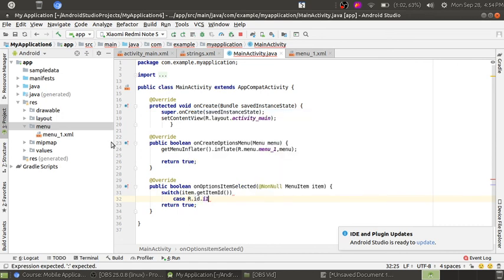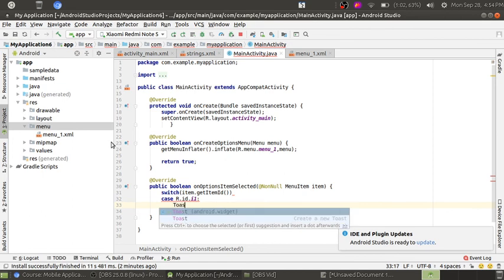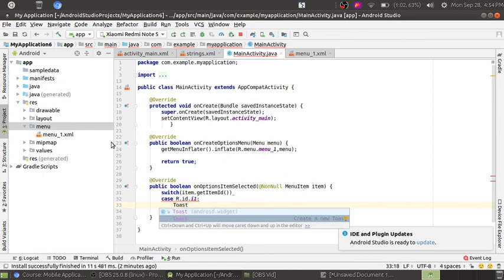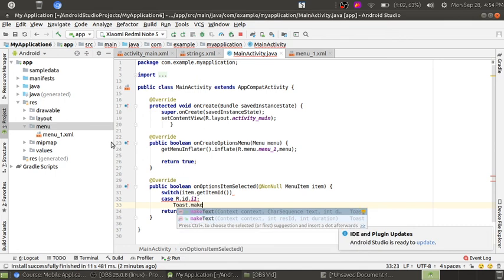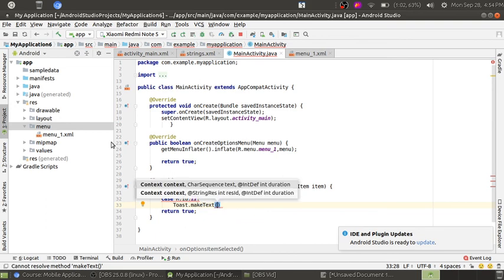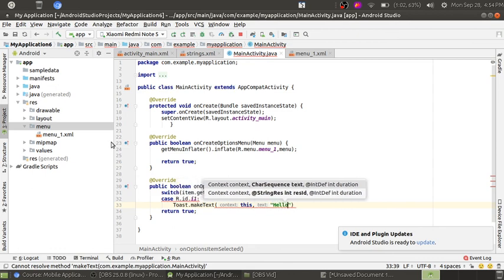Okay, I1. When I select I1, suppose I am using the toast method, it will show you some text. And say hello.